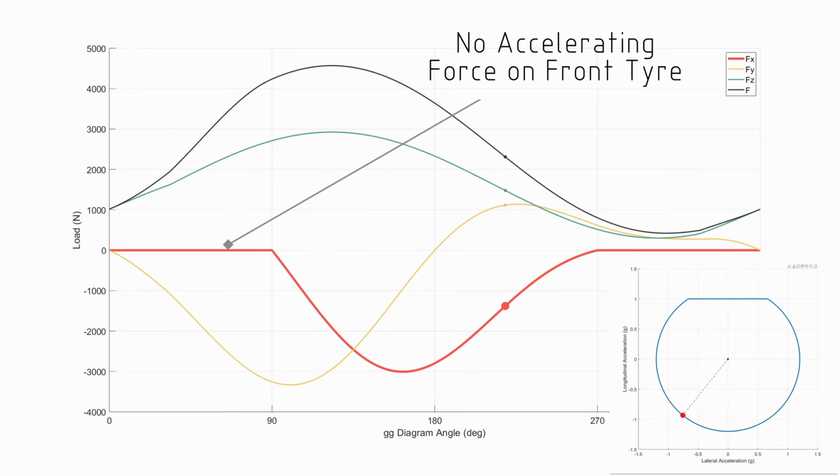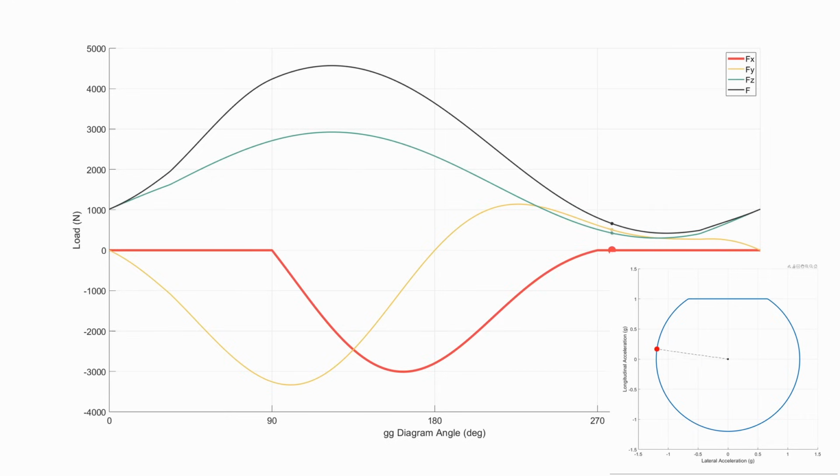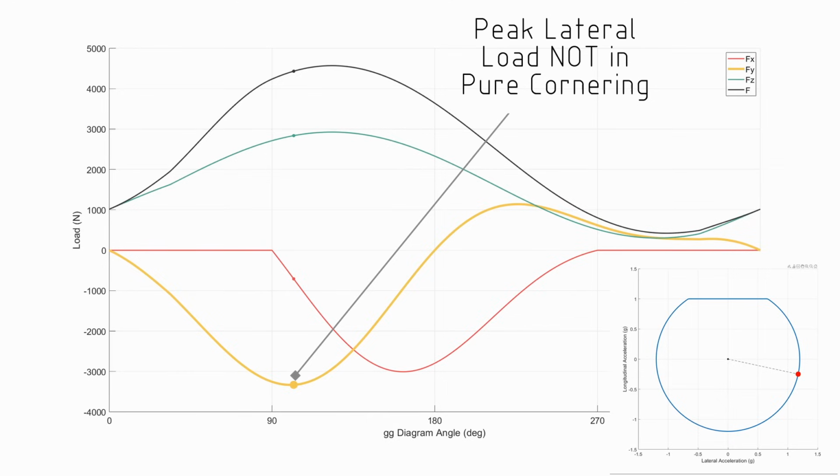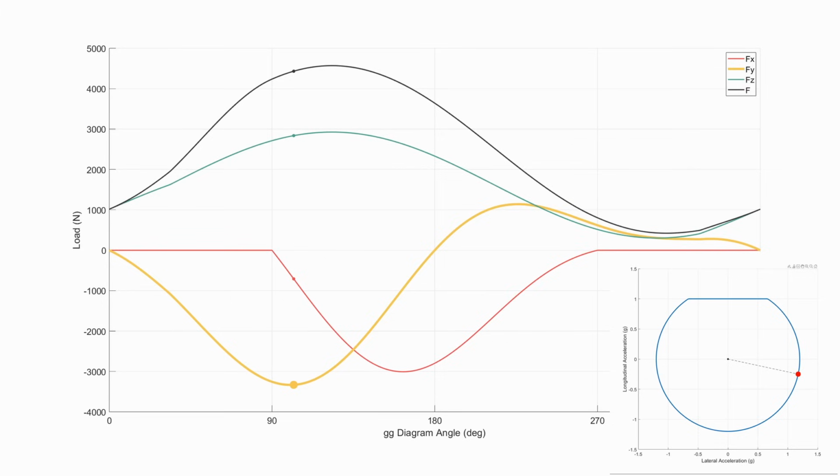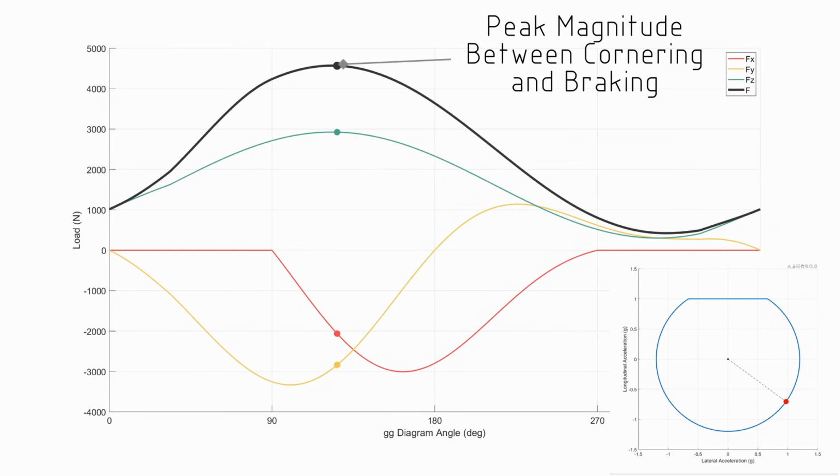And immediately we see an interesting result. If we have a look at the Fy component, that's the lateral component going into this corner, we see that that peaks slightly after full cornering. This is a point where there is a little bit of longitudinal weight transfer due to braking. And this in combination with still doing a fair amount of cornering means that the peak load is slightly higher. We will also see that the peak magnitude of the force occurs somewhere between the pure cornering case and the